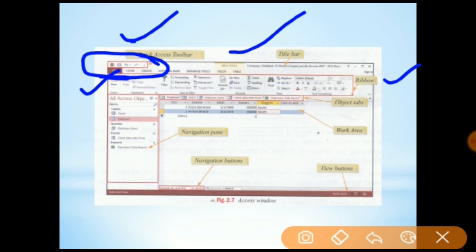Same as if you want to use the undo option. For undo, we have to use Ctrl+Z, or we have to go again to the file tab and choose the undo option. But if we don't want to use both options, we just have to click on this small arrow that is given in the quick access toolbar. So quick access toolbar is basically used to quickly access your tools by simple options, right?